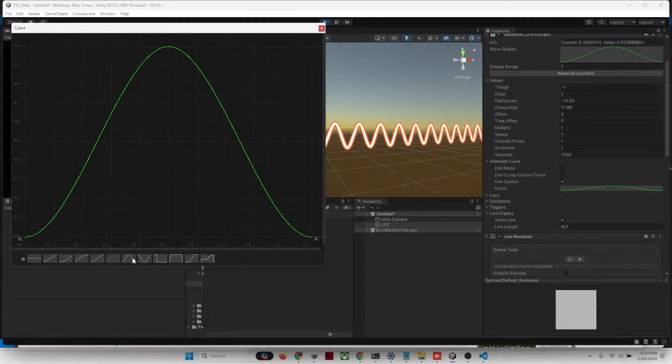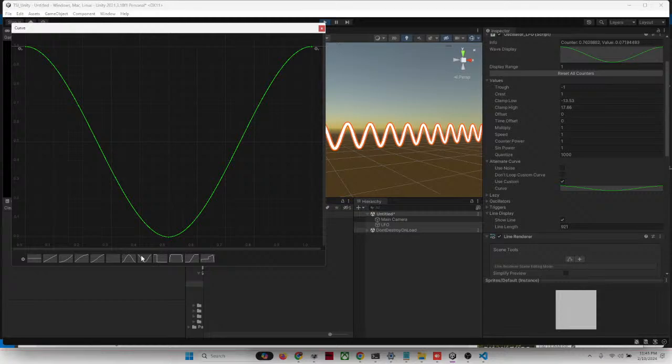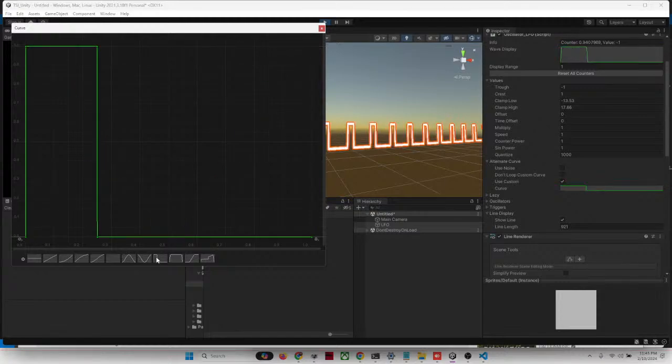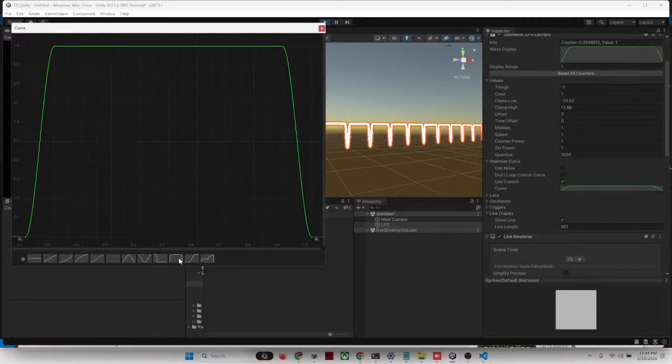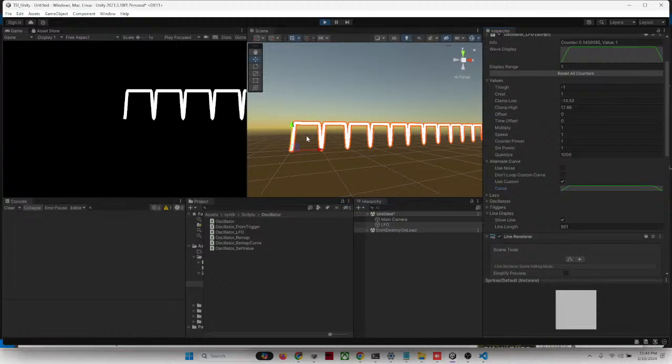So this is a sine wave. This is an inverse sine wave. This is sort of a square wave with a bit of a bump, so not a perfect square wave. This is a curve that just fades in and out. So I use this as a default starting place to fade things in and out over a period of time. So this is useful if I wanted to say have something appear and do something and then